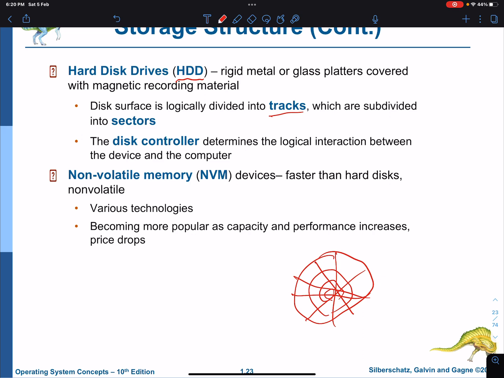You also have non-volatile memory devices faster than hard disks, okay. We'll talk about